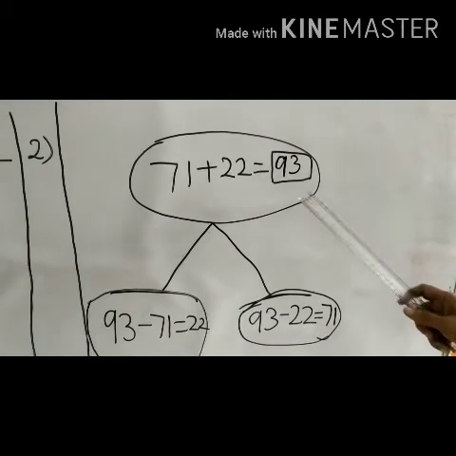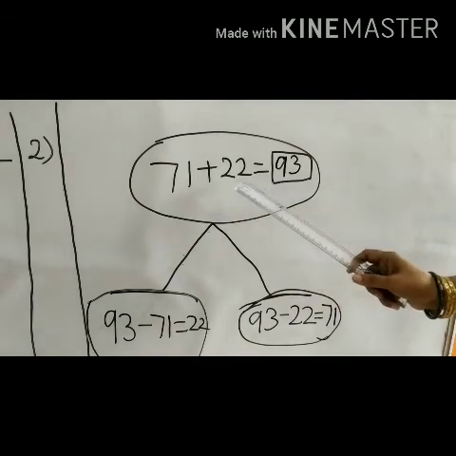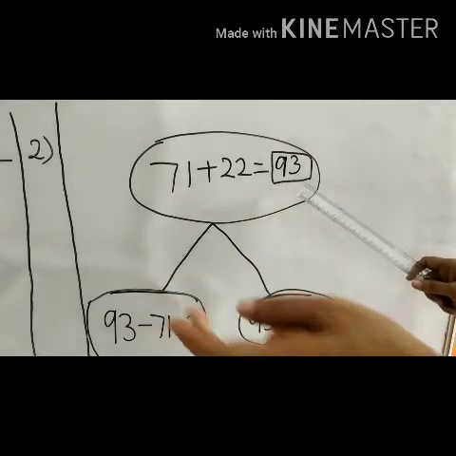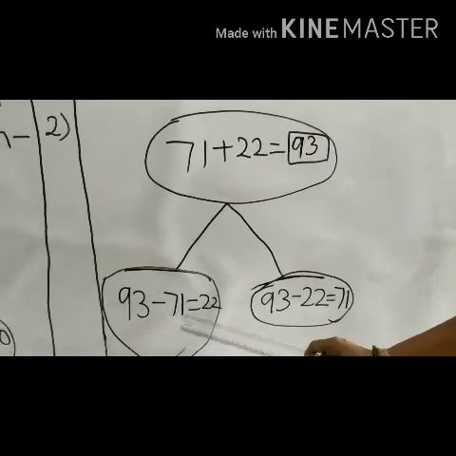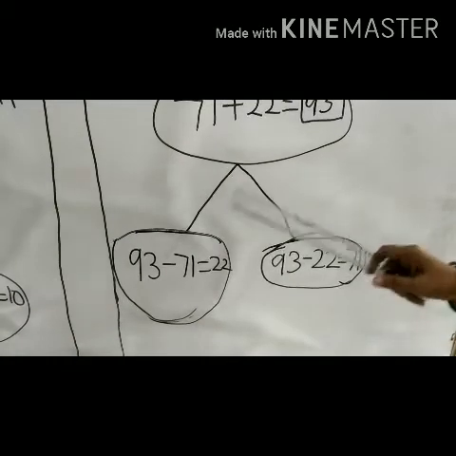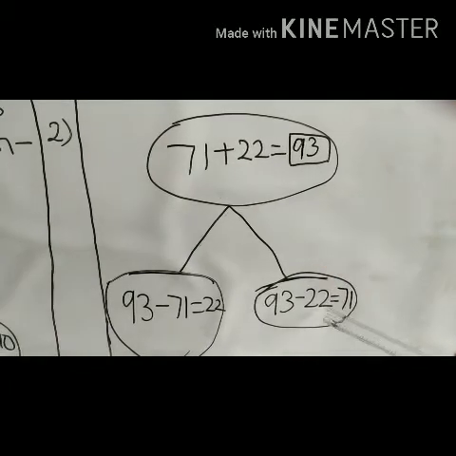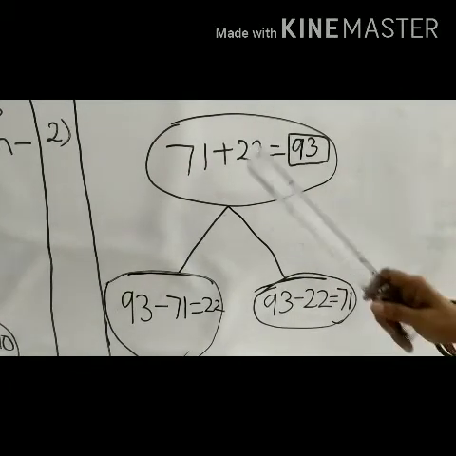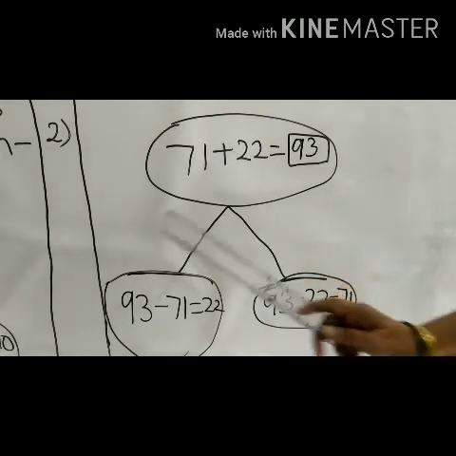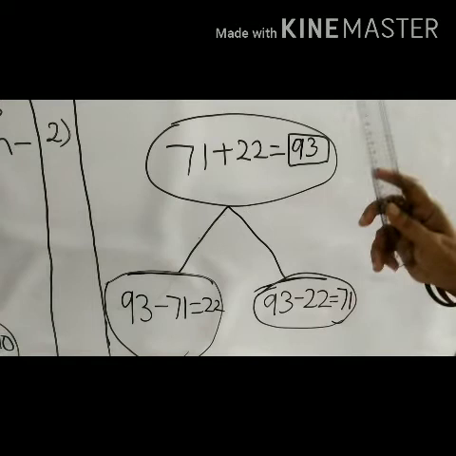Now, see this next sum. What is given over here in the next sum? 71 plus 22. What answer are we getting? 93. How did we do it over here? 93 minus 71 is equal to 22, the answer we got. Isn't it? Same way, 93 minus 22, what answer will we get? 71. So in this way, you have to combine both addition and subtraction. You have to make the pair and you have to solve the sums. Did all of you understand? Now I'll give you more examples also.